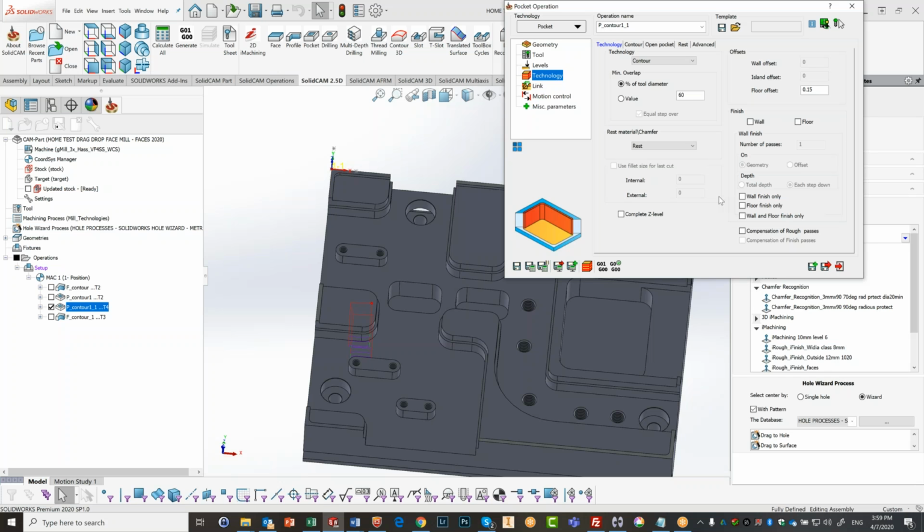Basically, yes, go ahead. This is because the diameter of the tool is big. No, why isn't the wall offset still at 0? Why is it only working here? Because the previous tool was too big to go in here. Understand. Okay, thank you. And therefore, since I'm now using what they call rest, it's only going to